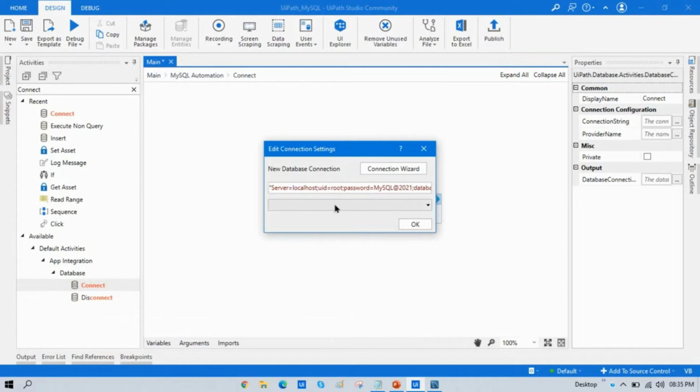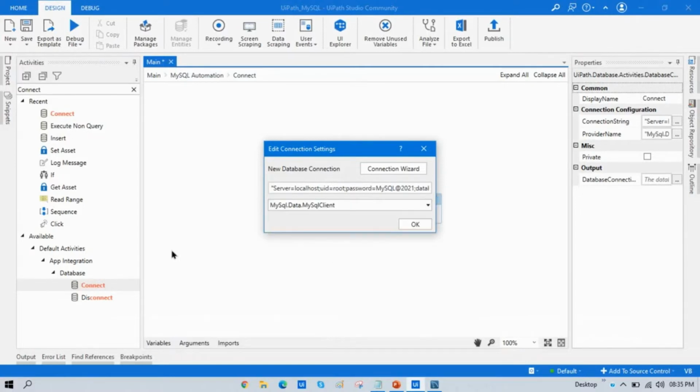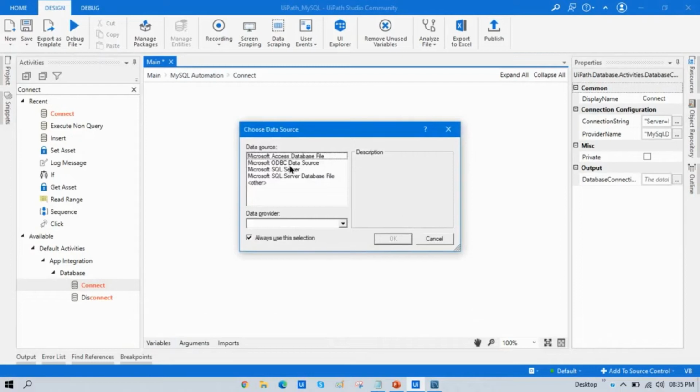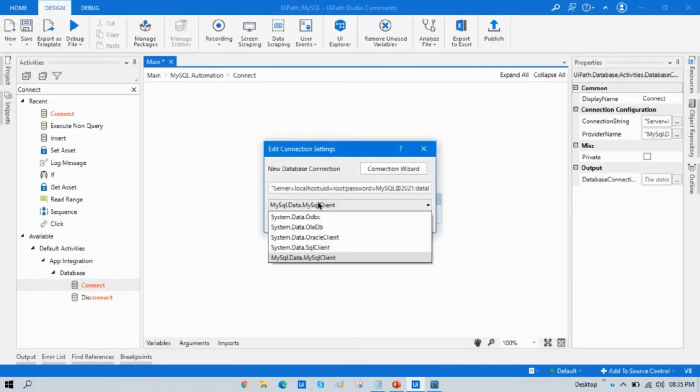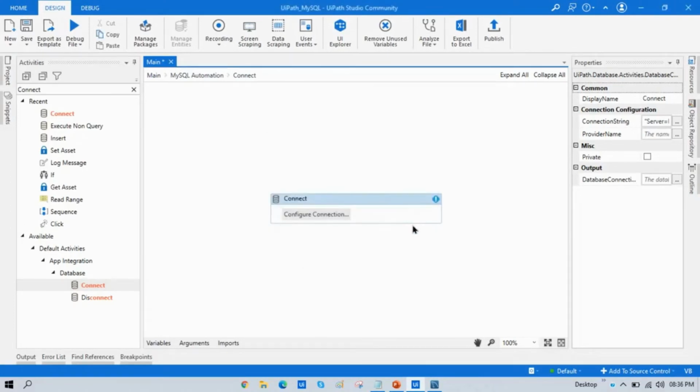Now from here you have to click on that and select mysql.data.mysql client. You are getting this option here, but when you search here, this is not available, right? So you just have to create that connection string here, prepare that, paste it here, and then select this data provider. This is the provider name. Now press OK. Now we are done.